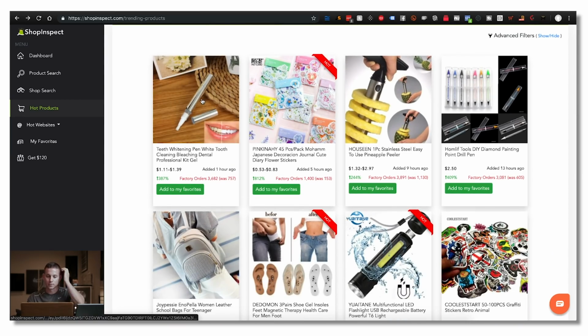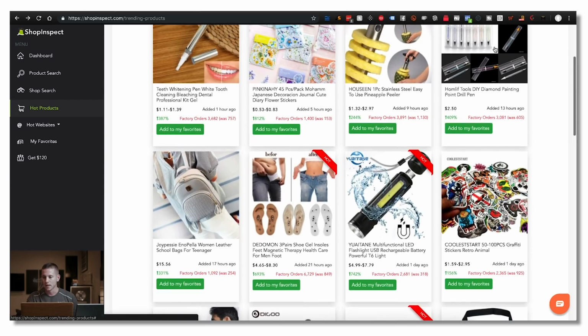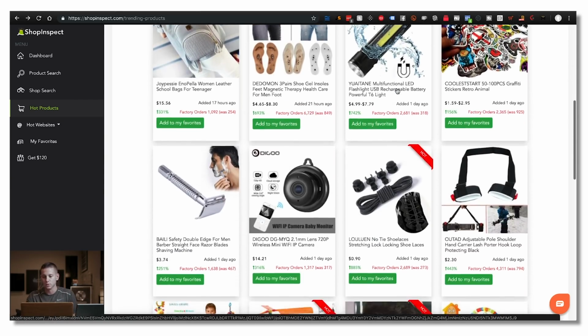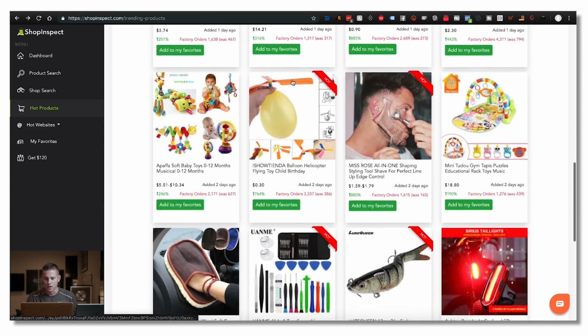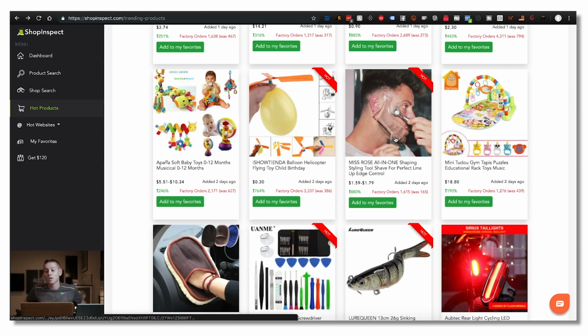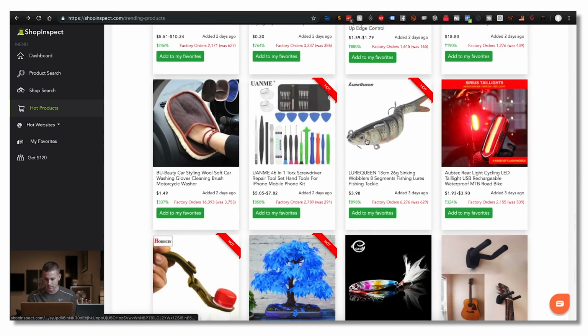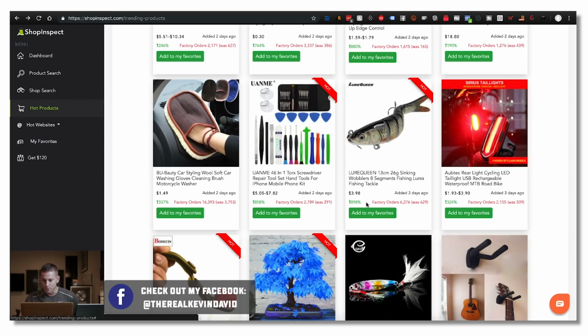You can see that there's a bunch of different products here. Teeth whitening pen, right? There's pineapple peeler, do-it-yourself diamond painting point drills, right? DIY flashlights, baby monitor, IP, right? A shaving tool, right? So a lot of really interesting products that we can choose from, but let's just choose one of these. We'll take this one. This is kind of interesting. It looks like a little fishing lure that's designed to look and actually kind of act like a fish, where it's moving in the middle or whatever. You can see that it has an